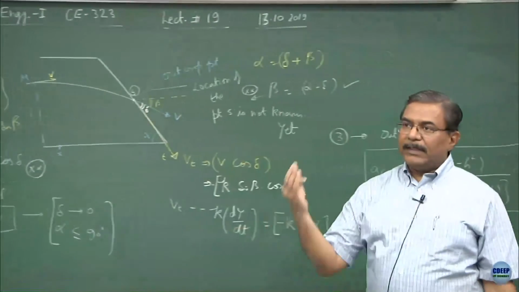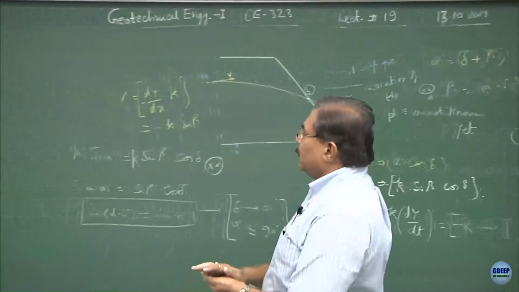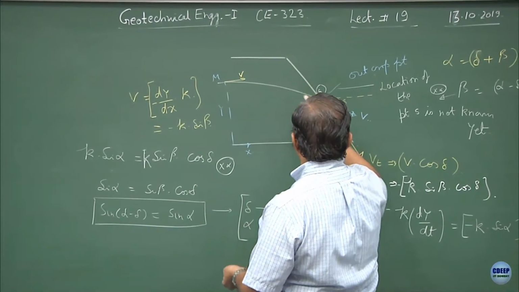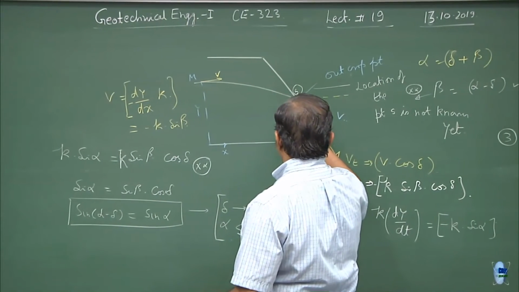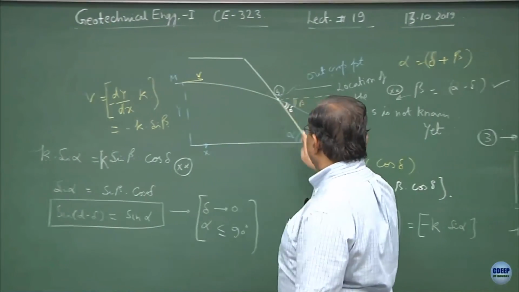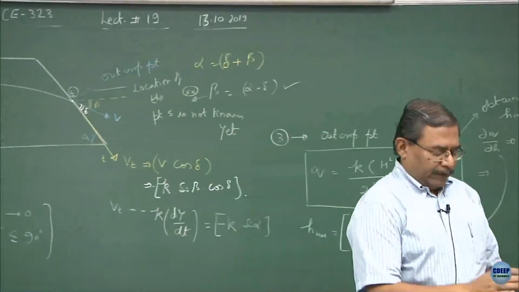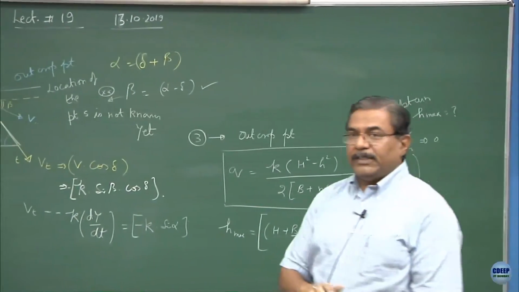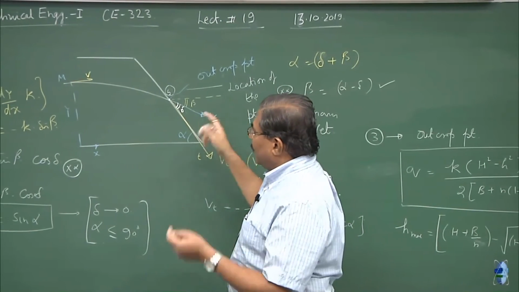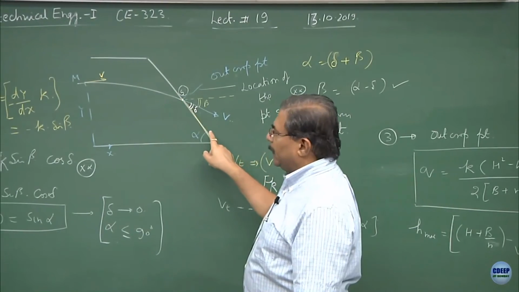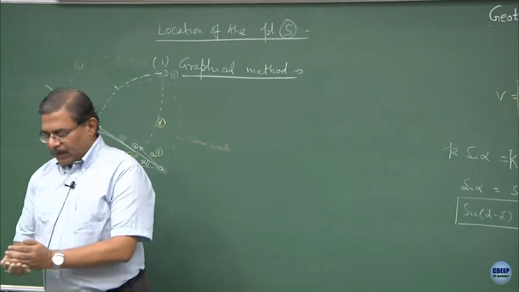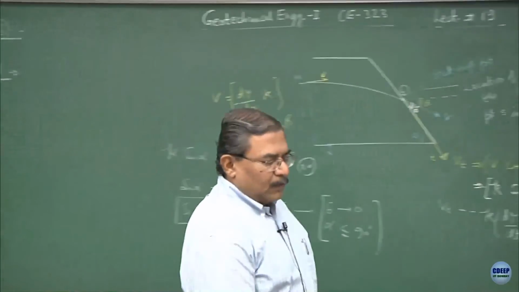So, until now we have done three things. We have defined the shape of the top flow line, we have defined the location of the point S, and we have also proven that the velocity vector at point S, the outcrop point, is going to be parallel to the face of the slope. It is seepage or simple discharge, alright, clear. And this surface is not going to be an equipotential, which I showed you in the earlier case. So, it is a freely discharging surface. Is this point okay?